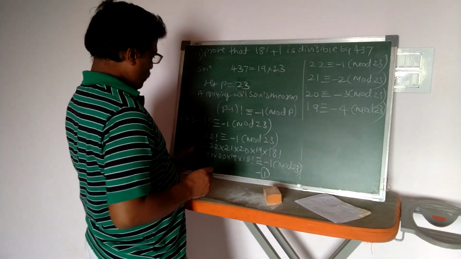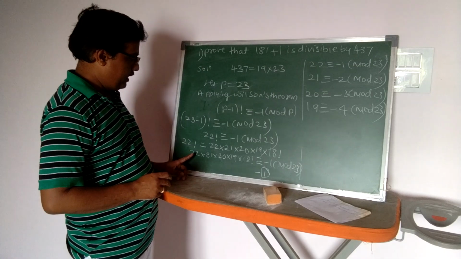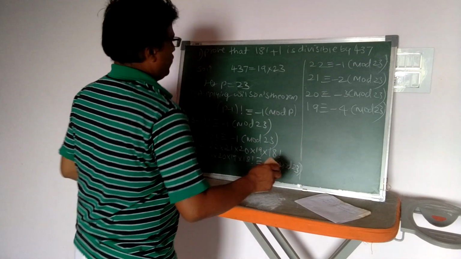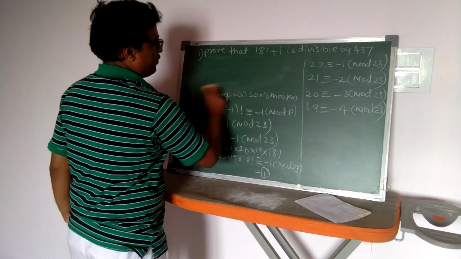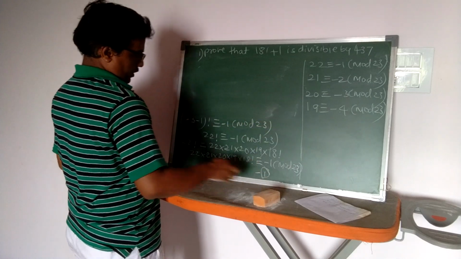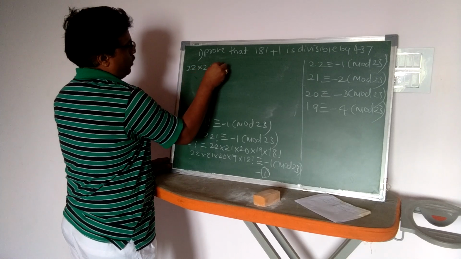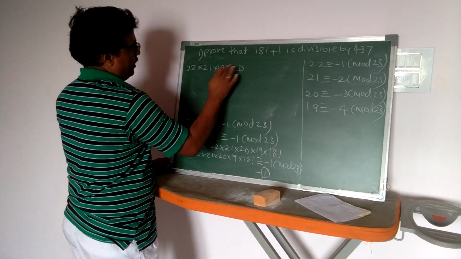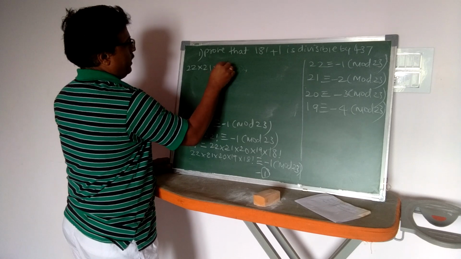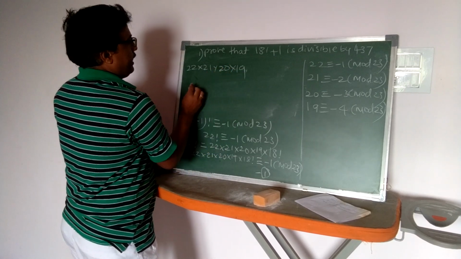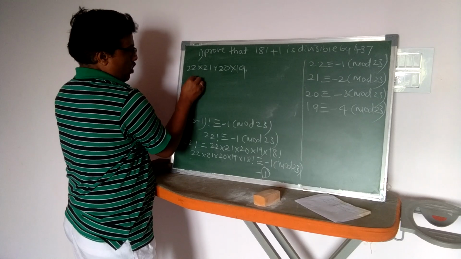Okay, so now see here, therefore now I write here, therefore 22 into 21 into 20 into 19, it can be written as congruent to